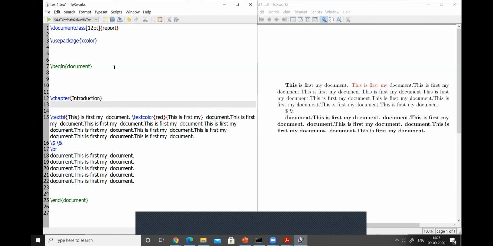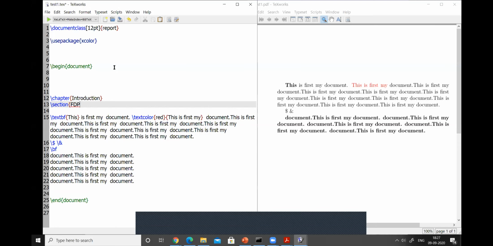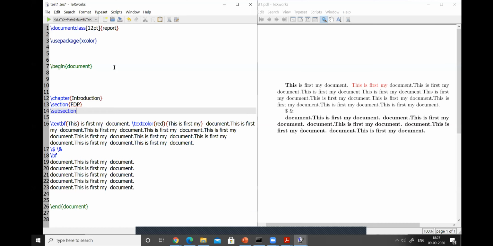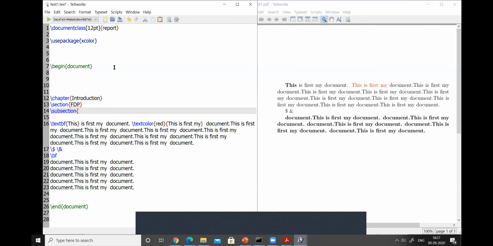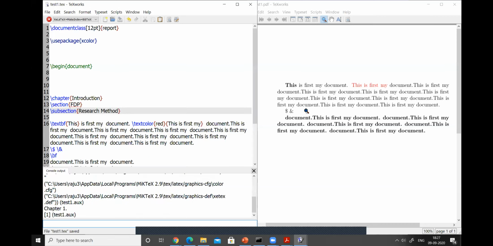And in this chapter, suppose I have to define a section. Suppose the section name is FDP. And suppose in this section I create another subsection. The subsection also has a command. And suppose I write here Research Methodology. So I created this construct, and now I compile it,